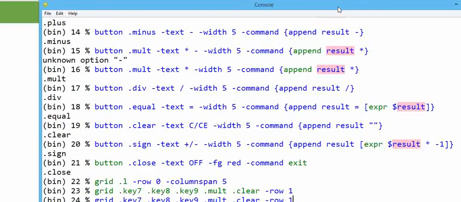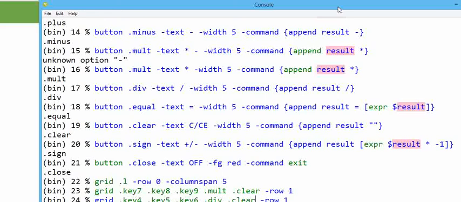So similarly write here grid dot key number 4 dot key 5 dot key 6 dot div, that is a division we have written, dot clear.